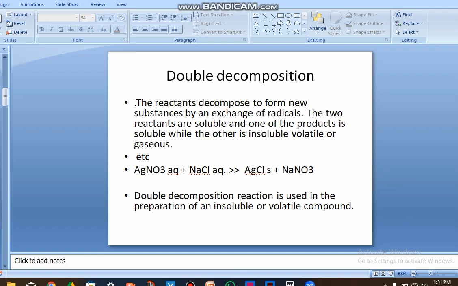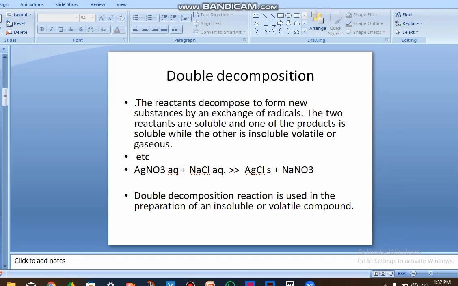So the double decomposition, the reactants decompose to form new substances by an exchange of radicals. They decompose, meaning they split. Are you getting it? They split, they dissociate. So the two reactants are soluble, and one of the products is soluble while the other is insoluble, volatile, or